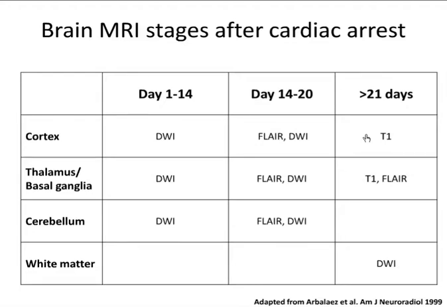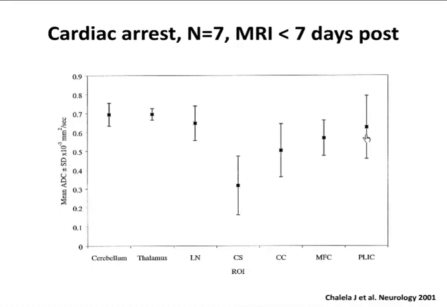And then beyond 21 days, what is perhaps most notable is that the abnormalities detected in the cortex and in the basal ganglia begin to go away, and what is most dramatic are diffusion-weighted abnormalities detectable in the white matter, the subcortical white matter. This is interesting, one of the first papers, sort of case series looking at diffusion-weighted imaging